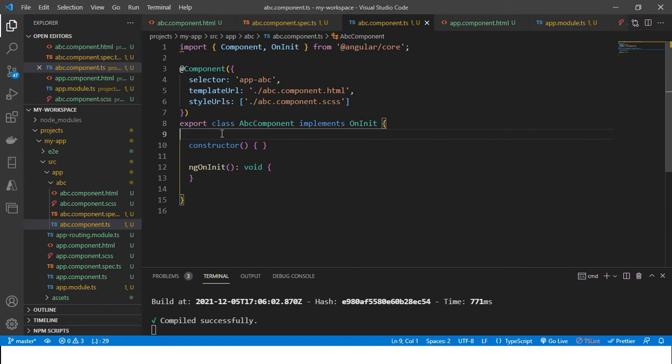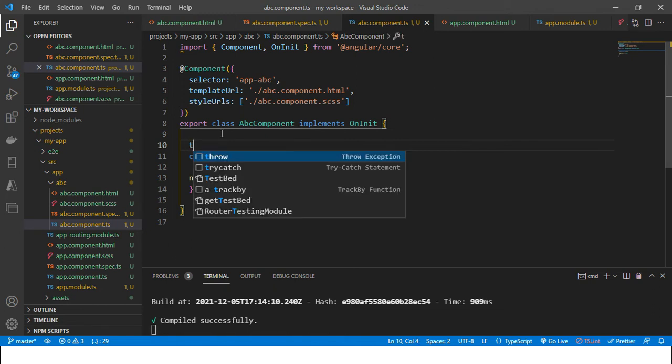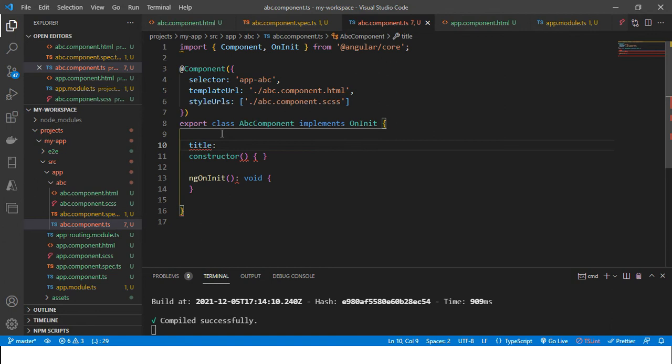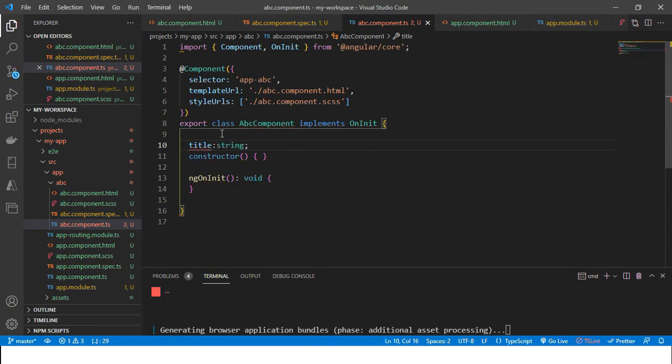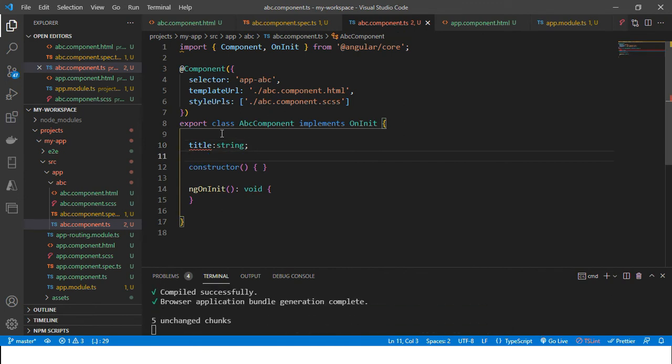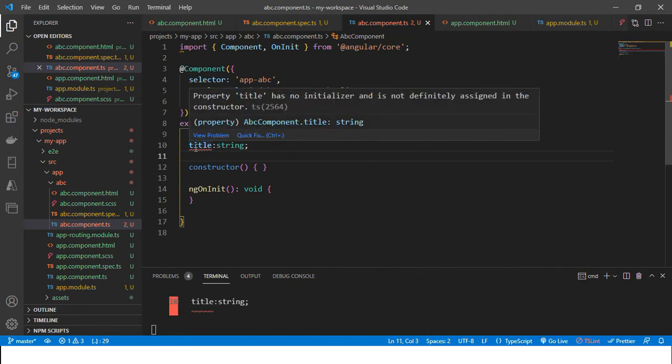Here I will define a property title of type string. Why is title showing an error?